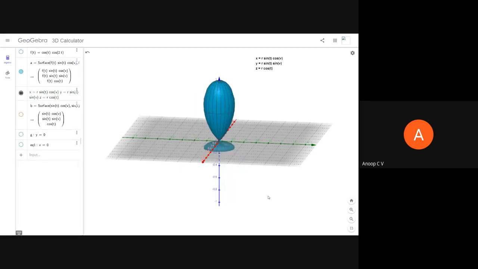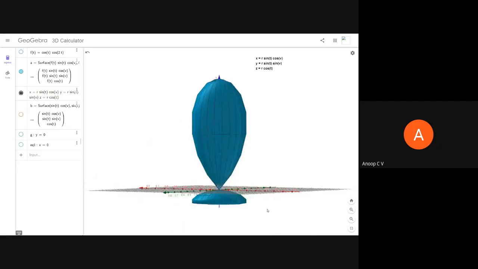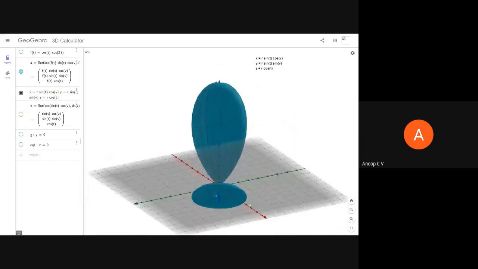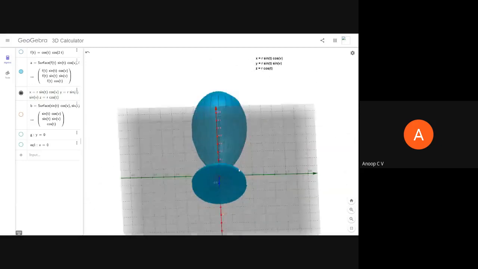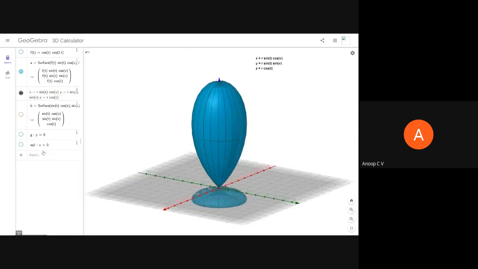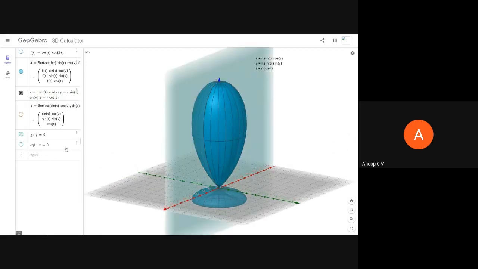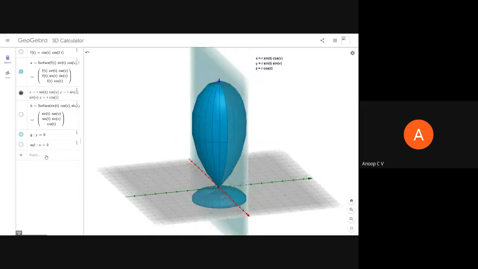Just see what happened to the pattern. It is like this now. We have a main lobe and a side lobe, and you can see the side lobe is something like this, a back lobe. If you take a cross section of this along, say, the zy plane, the cross section will look something like this. I will show it in the other plane, how the cross section will look. I'll plot the cross section in the other plane. I can write r is equal to cos.